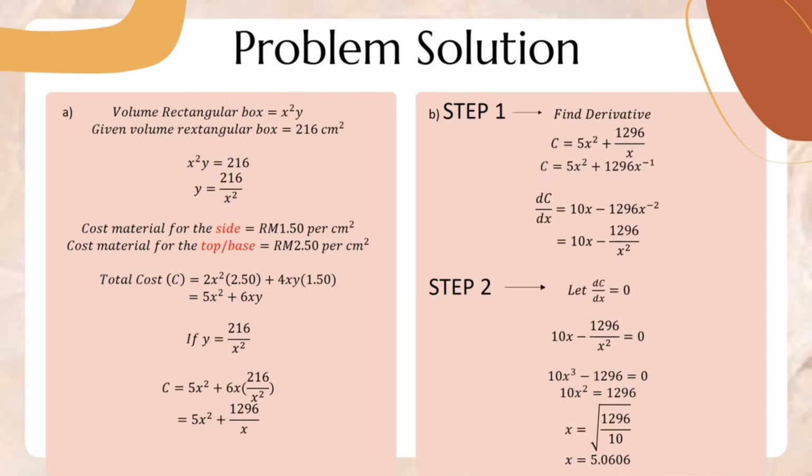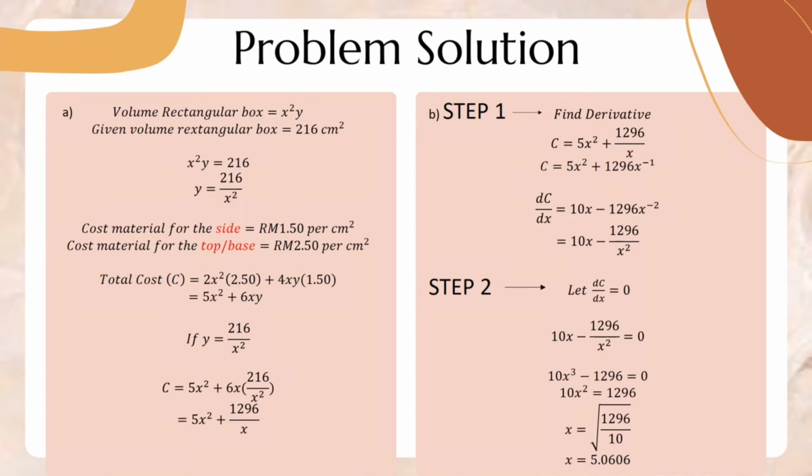If y equals 216 over x squared, then for the cost we will get 5x squared plus 6x times 216 over x squared, and then the answer will be 5x squared plus 1296 over x, and it is shown. Okay, for question B,